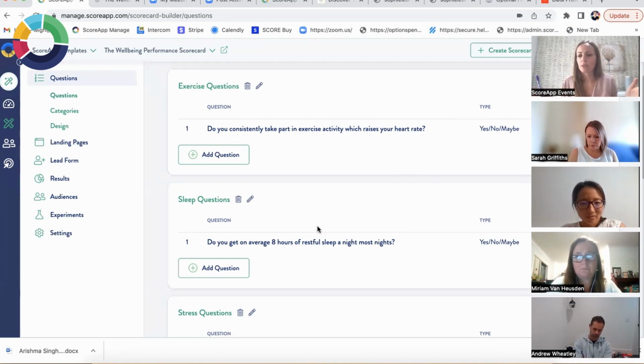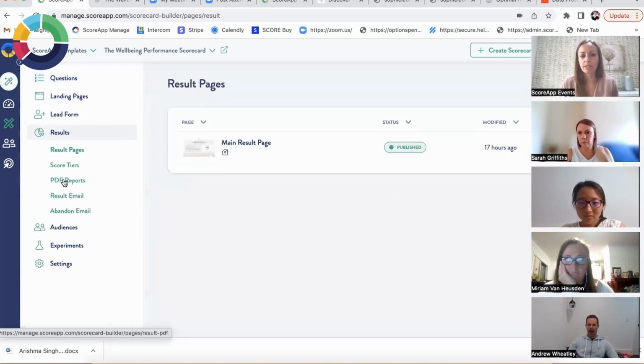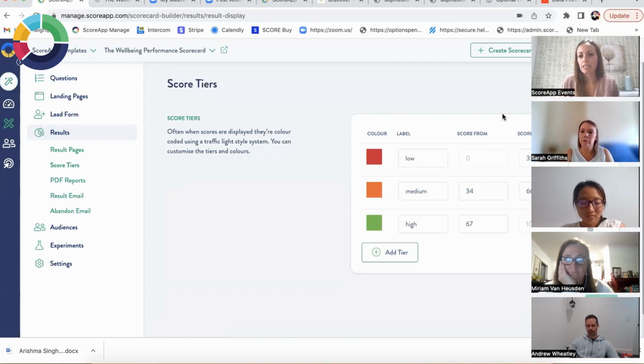If you're using scales, you can make that scale however big you'd like it to be, and that will assign the amount of points. So a 0 to 10 scale would mean there's 10 points available, and wherever the user places themselves on that scale is how many points they've achieved. Then it will add up the total amount of points possible overall and per category. So say in exercise we had 10 points available and the user scored 5, it converts that to a percentage. So it says, right, they've scored 50%, and they decide what score tier they fall into based on the percentage